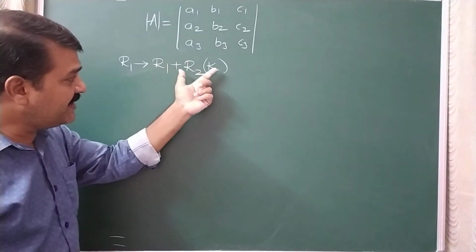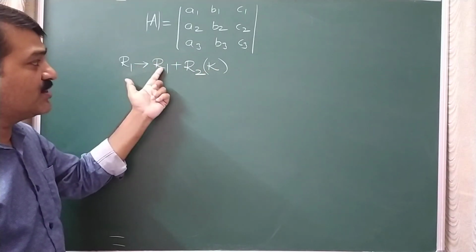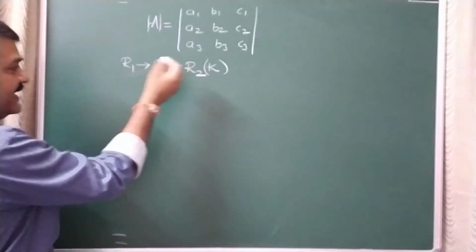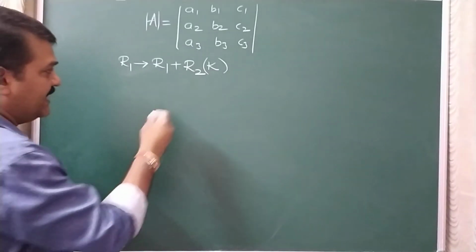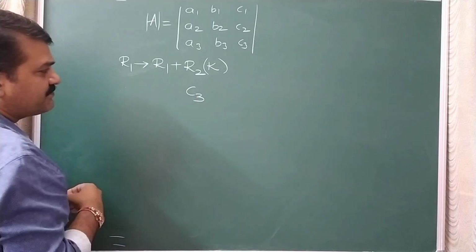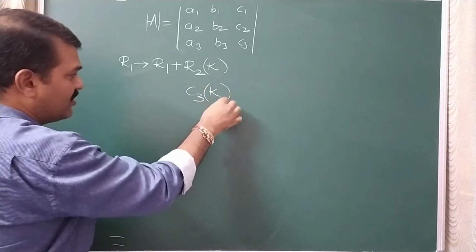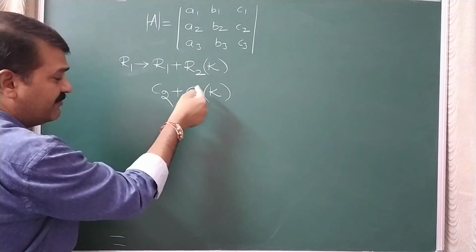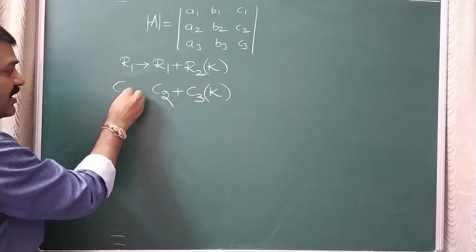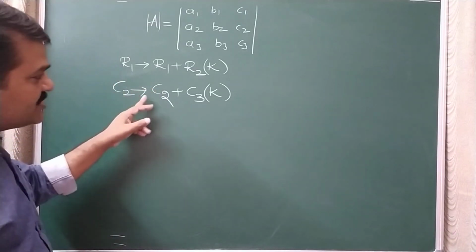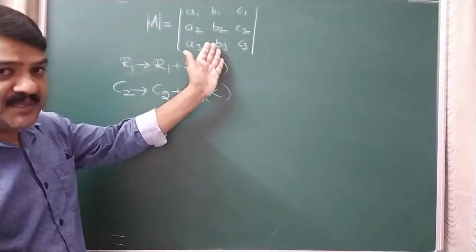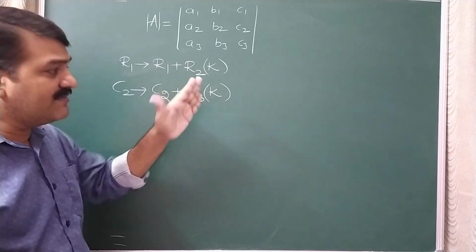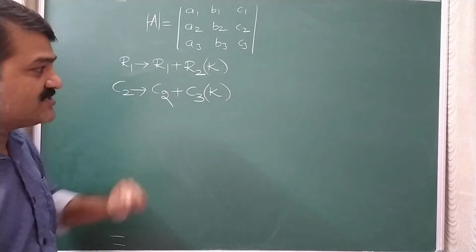So when you are multiplying a constant to a row and adding to some other row, the determinant is not going to change. Okay, you can write the column transformation also like this. For example, I will take the third column. You can multiply the third column with a constant and add to some other column. So constant into column, for whichever column you are adding to, that column only we will change. We will not change the third column in this determinant, we will change only the second column. Second column we will replace like this. Determinant will not change by these row or column transformations.